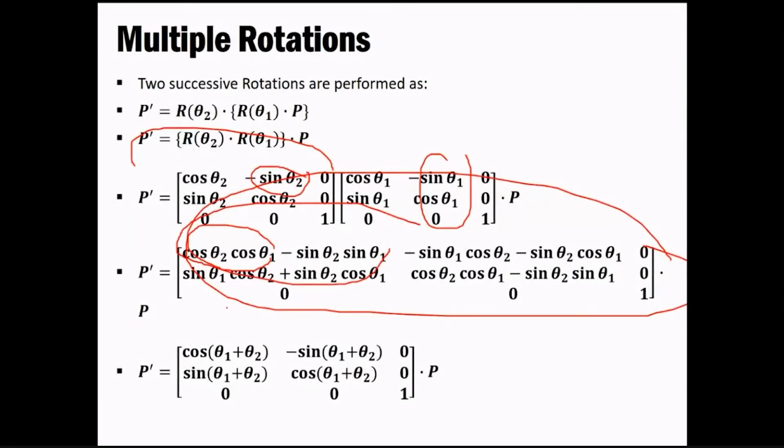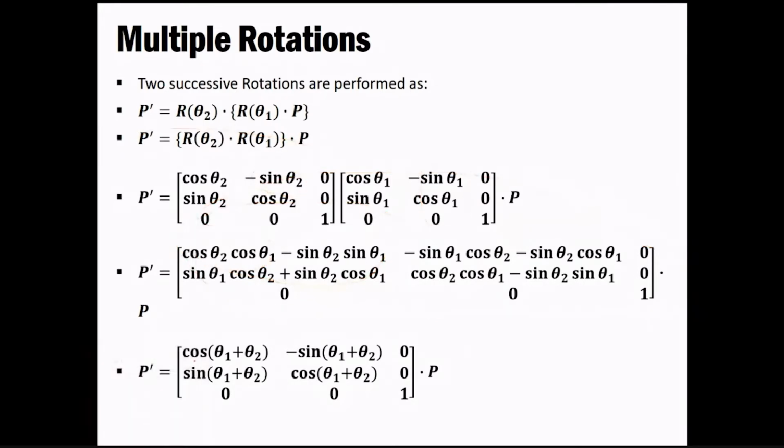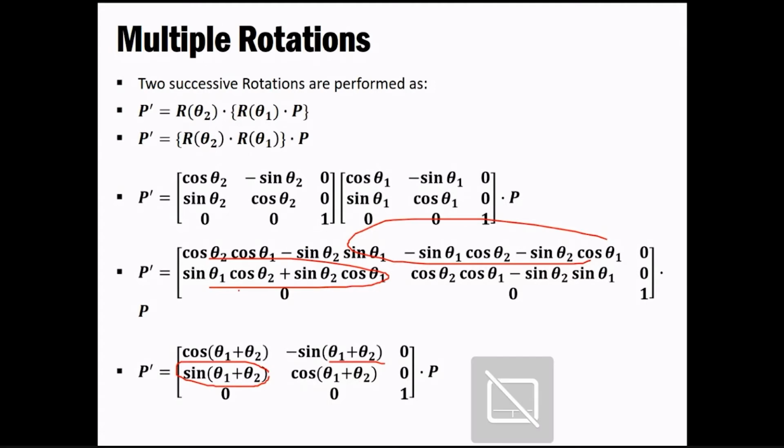Okay, so now we'll shrink it again and put it in its base form, that is cos a plus b, that is cos of theta 1 plus theta 2. Similarly, for this thing we can write it in this manner, that is minus sine theta 1 plus theta 2. Similar thing, this equation can be written in this form, to keep it simple and reduce the number of calculations. And the whole thing is written as it is over here, that is 0 0 1, 0 0 1. This is nothing but our homogeneous coordinates into the pixel that will be given to us.